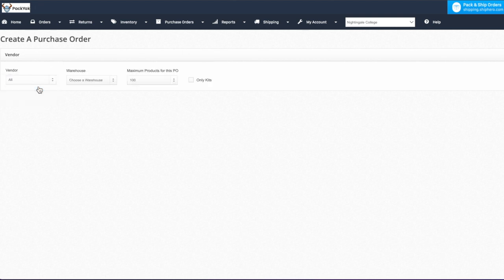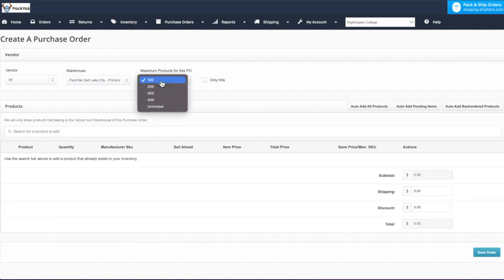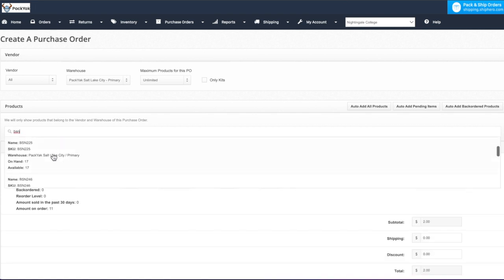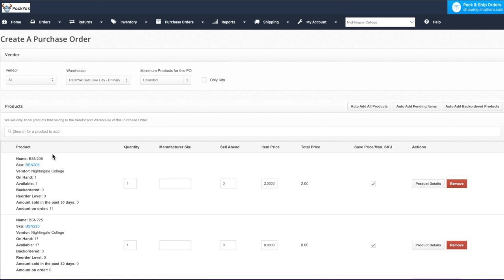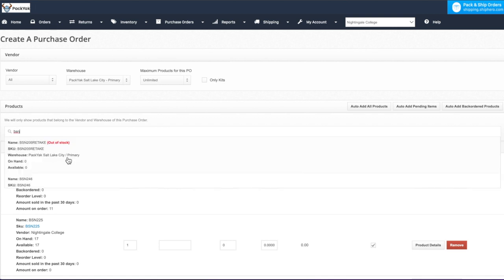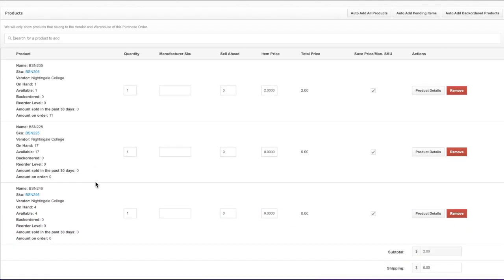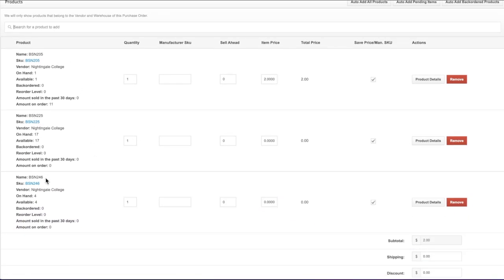The vendor can be all, the warehouse will be PackYaks. Maximum number of products can be unlimited, and we'll just start typing in our SKUs and adding them in. Today we have BSN 205, we'll have BSN 225, and BSN 246. So as you can see, we have these 3 SKUs, but each of these SKUs is going to come